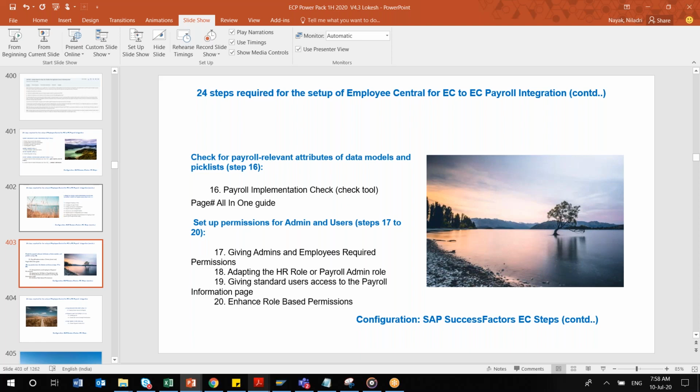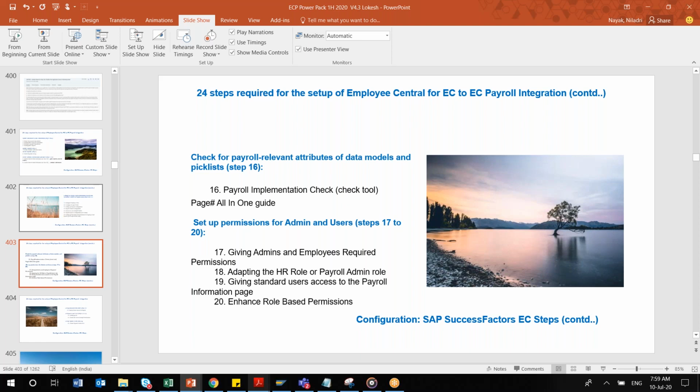At the data model level, it will check everything: succession data model, corporate data model, whatever data models are there, each and every characteristic, the number of characters of those entities and objects. It will validate everything.